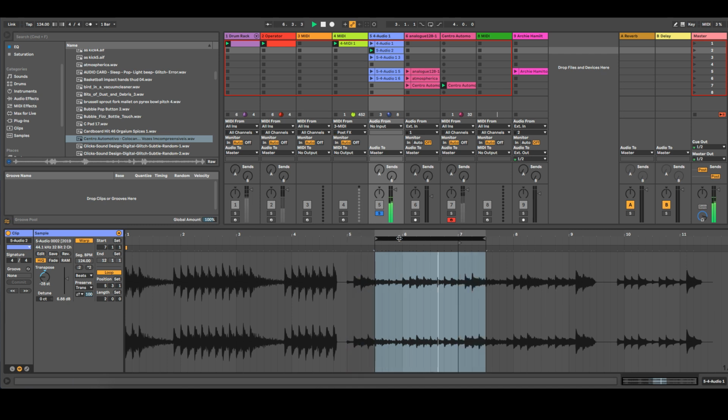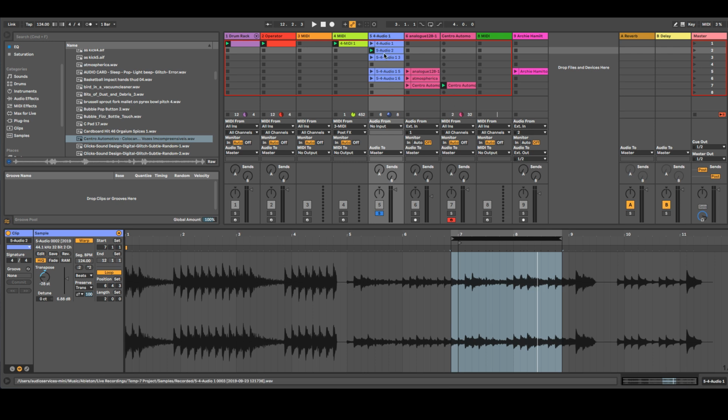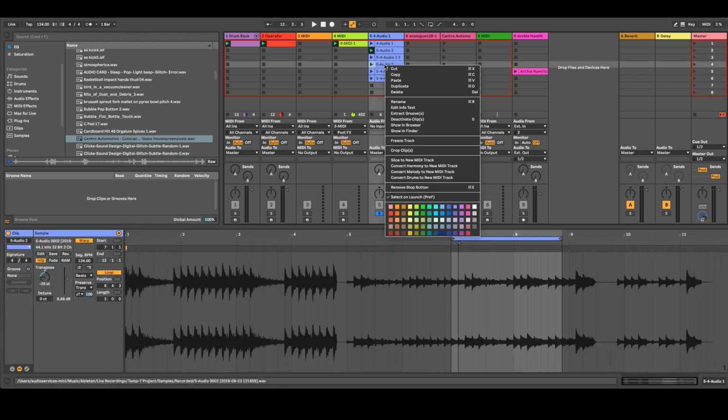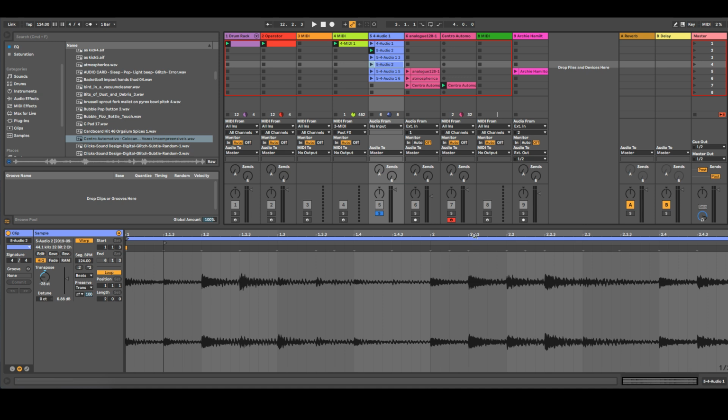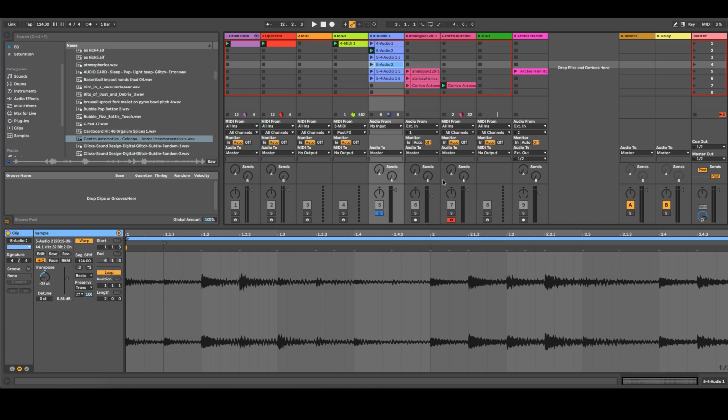What I'm looking for when I hear something like that is I'm gonna go for the sounds that I really like. So I like this part here, not so much this. There's two things I can do. I can do exactly what I did with this one. So 5.2, I'm gonna copy it, paste it here, and I'm gonna crop it so that it only keeps the part that I like. I'm gonna change the color so I know that it's a different one than this one. And I'm gonna slice it to MIDI again. And same thing, transient.